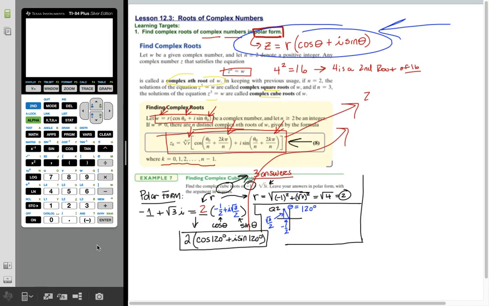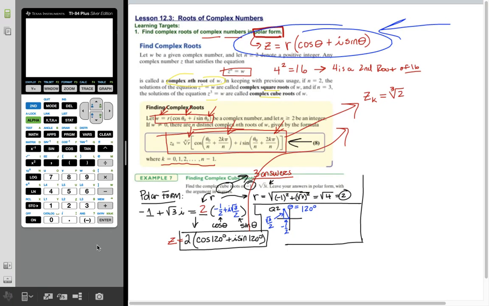So these are the roots of the complex number z. The roots are going to be based upon taking the cube root of r,